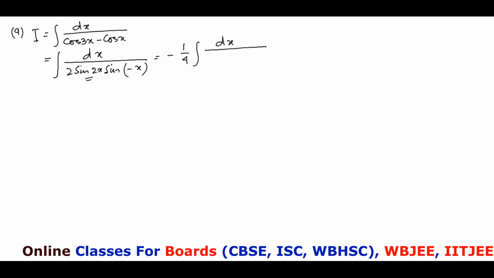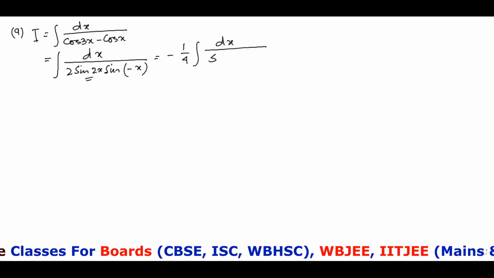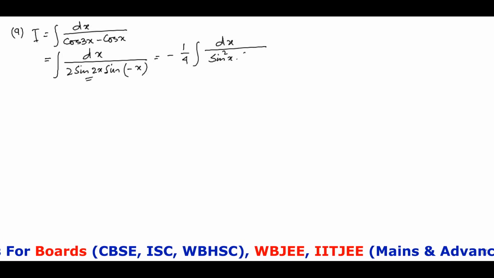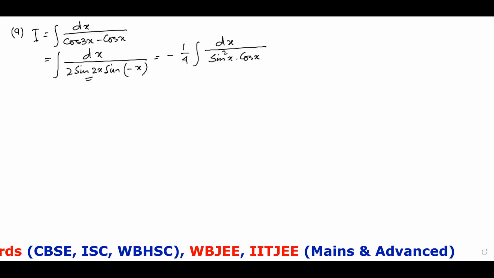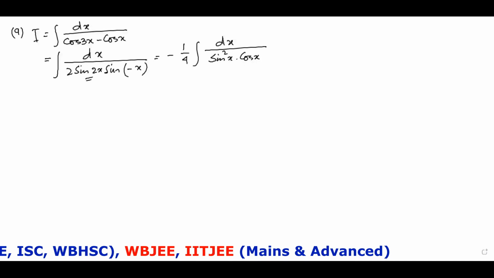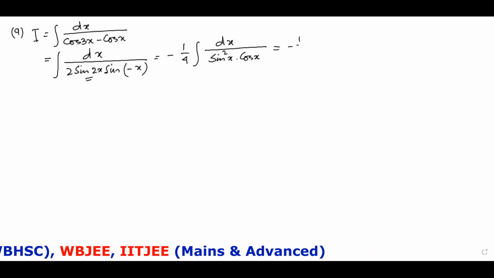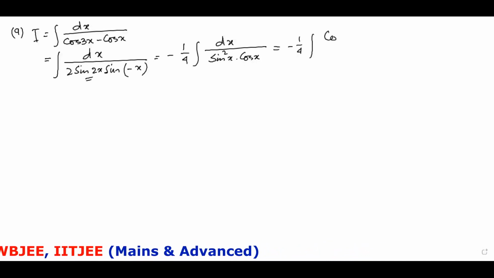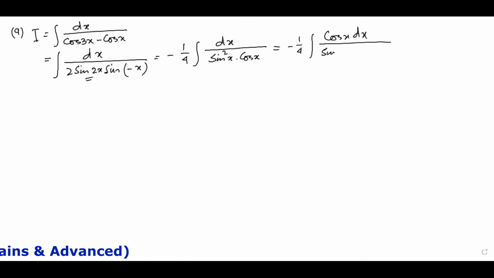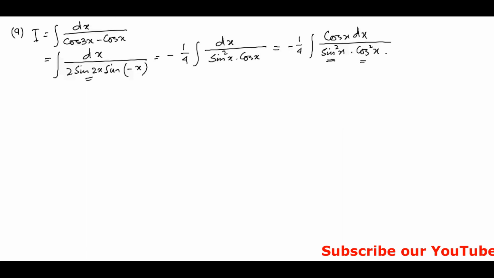So we are having, okay. Now multiply numerator and denominator with cos x, we are having. Let me just replace cos square x by 1 minus sin square x. So we are having